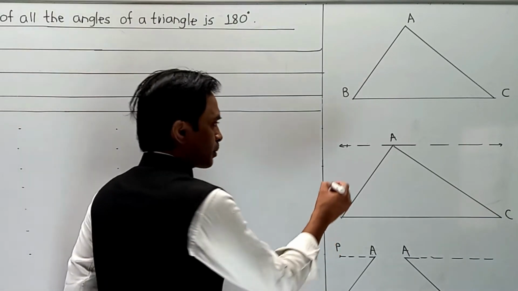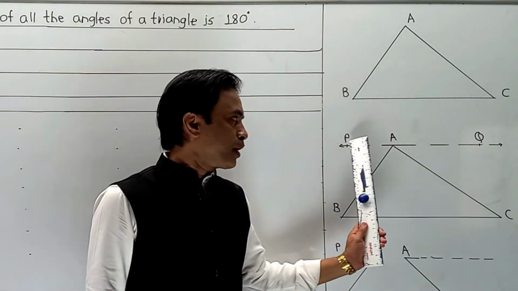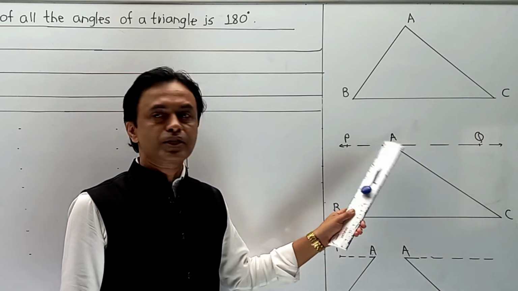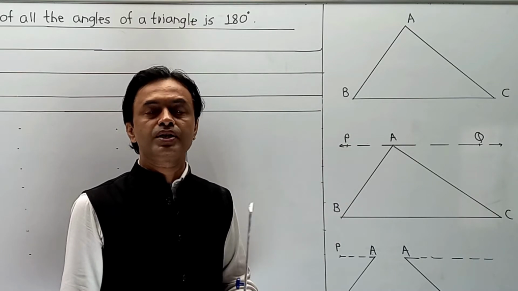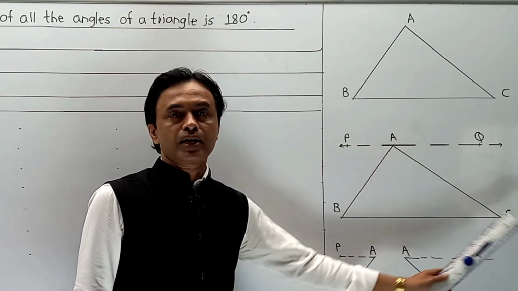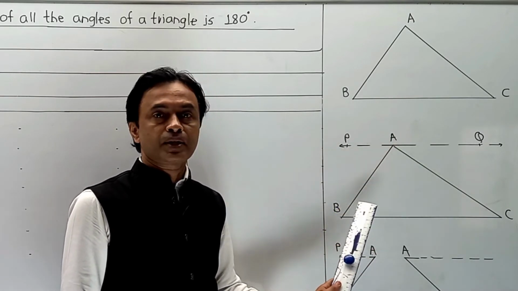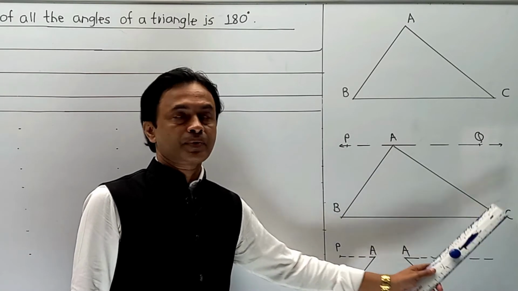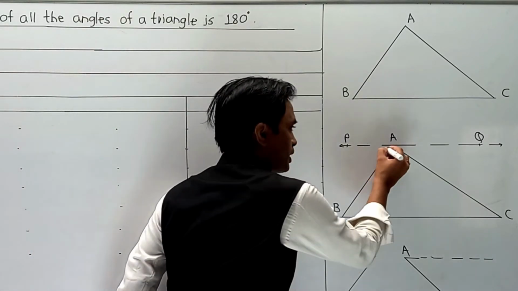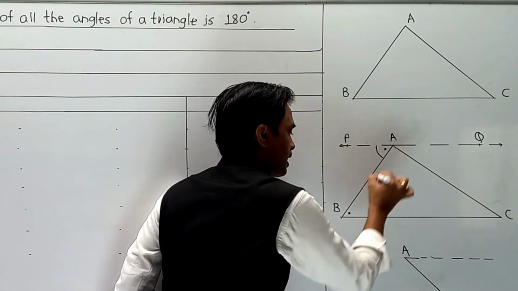Just to indicate the name, I am going to call this line PQ. We have drawn a line PQ such that it is parallel to base BC and passes through point A. This is the construction. What exactly is happening here? As PQ is parallel to BC, in the first case we have angle PAB and angle ABC. These two lines are parallel and AB acts as a transversal. So angle A and this angle B automatically become equal.